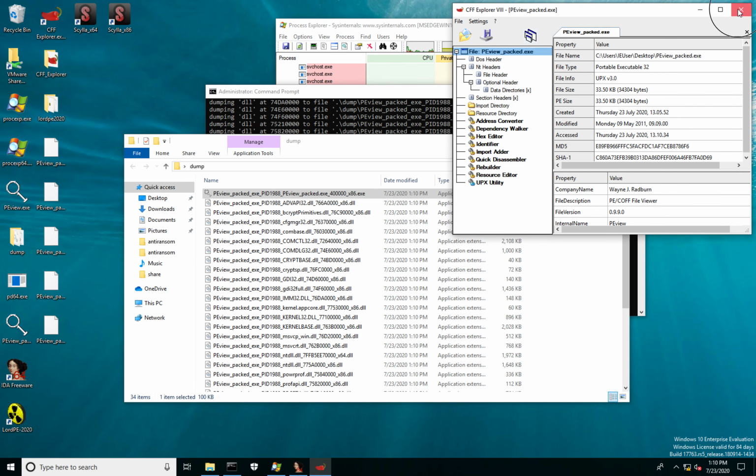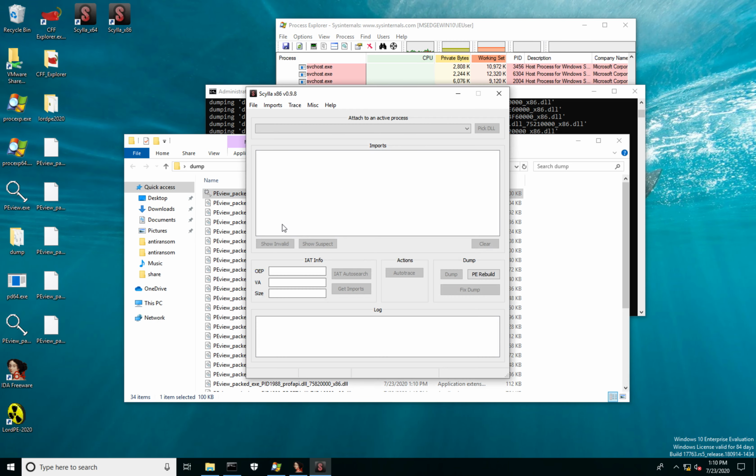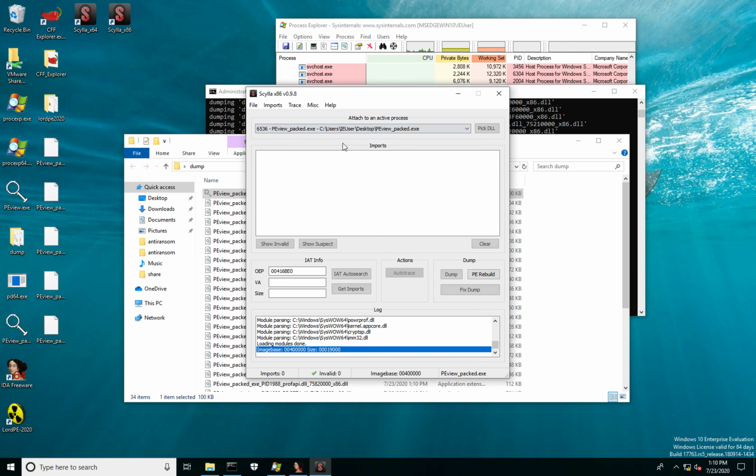So I will need to use the 32-bit version. Select the process over here, pview_packed. Notice that Scylla already found a possible OEP. This is interesting. Let's copy and see what code is there.